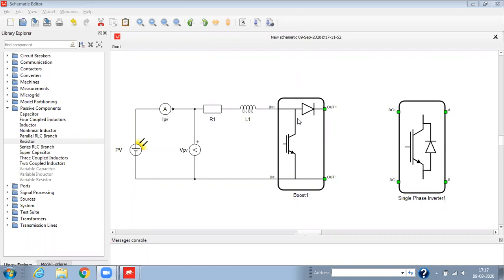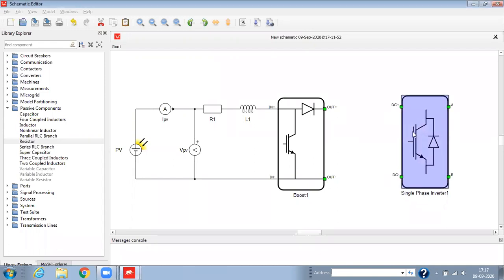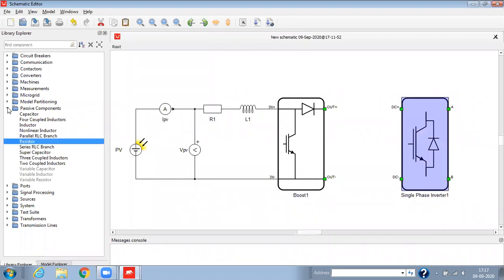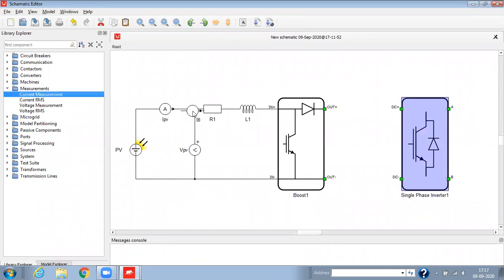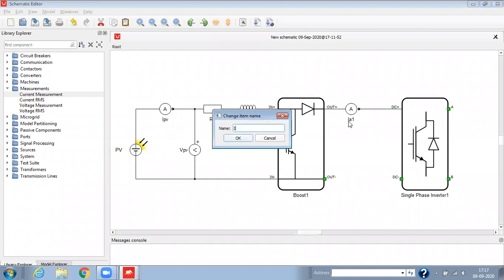We have taken the boost converter here. Now we'll drag a measurement component to measure the output current of this boost. We'll change the name here to IOUT boost.